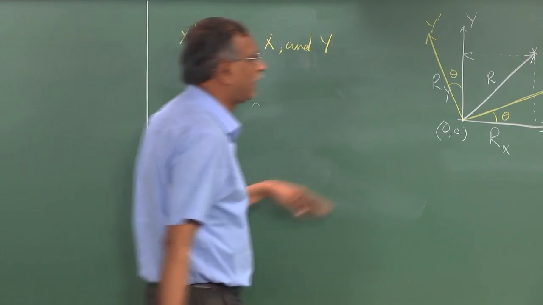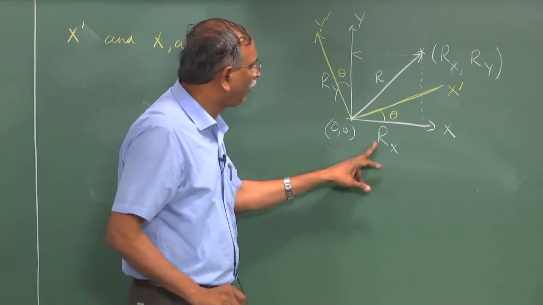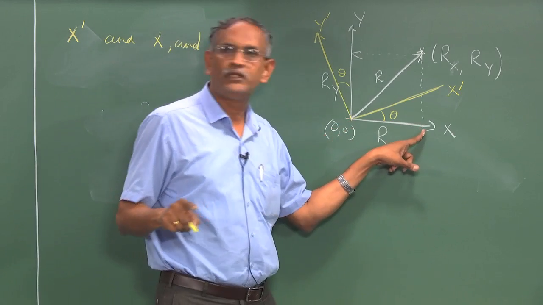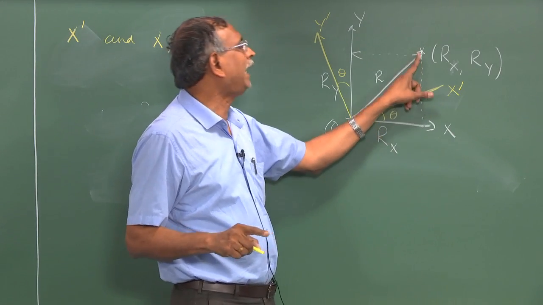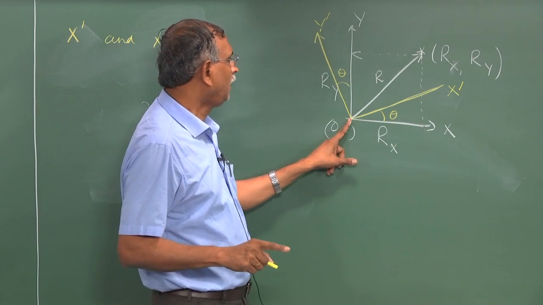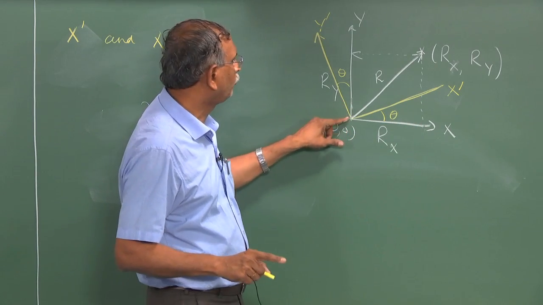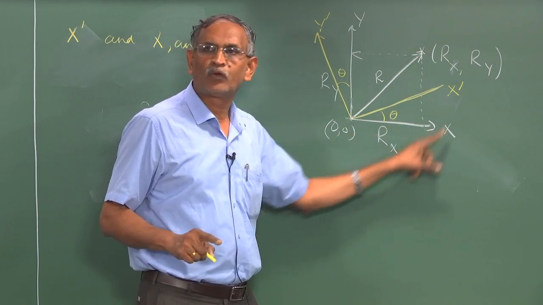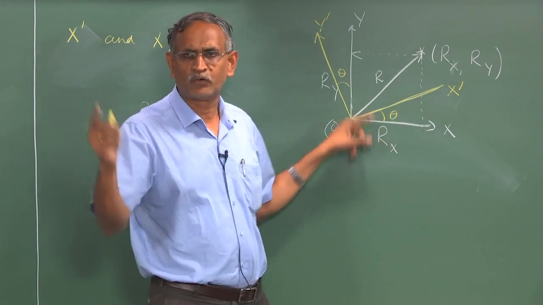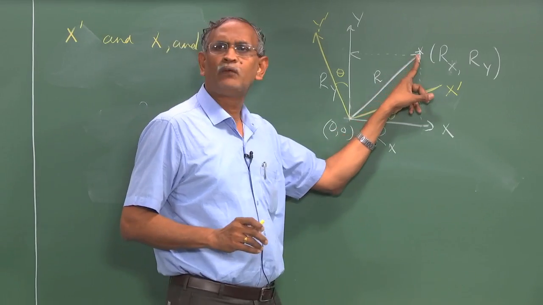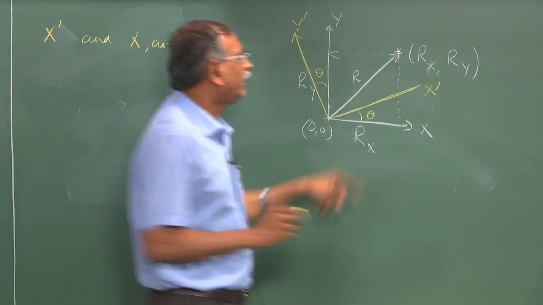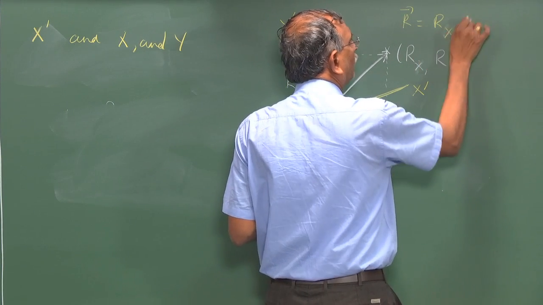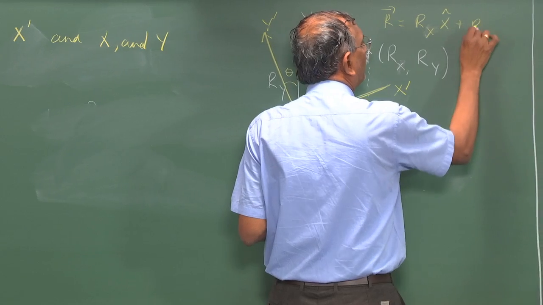These are unit vectors. You can write x as a unit vector, and R_x is the number that multiplies the unit vector to give the component in the x direction, and then to that you add the vector that is along the y-axis by multiplying the unit vector along the y-axis with the magnitude R_y, and you add that. The parallelogram law tells you, or the triangle, whatever it is, Pythagoras theorem, all these things, they tell you essentially what the vector R is. Okay? So if you write the vector R in this notation, it is R_x times x unit vector plus R_y